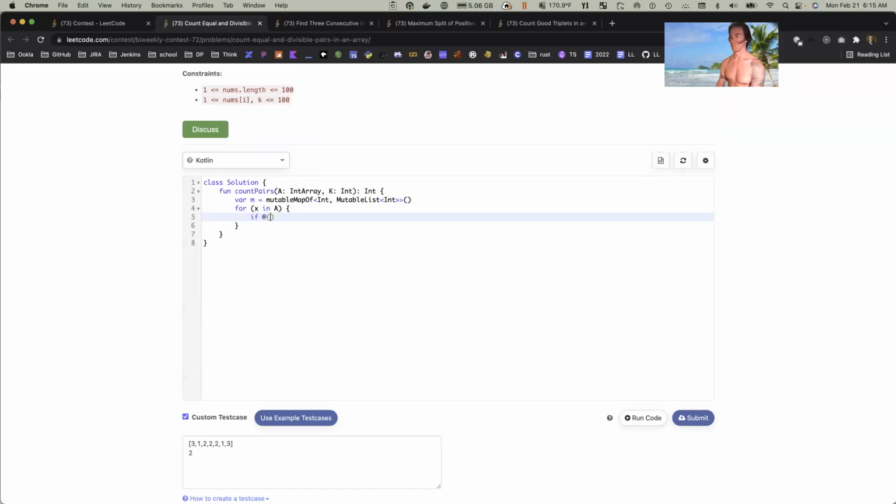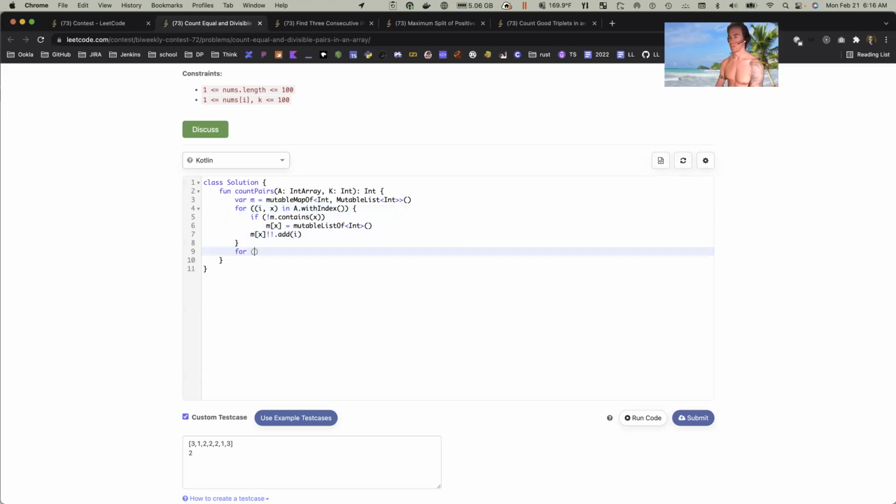If the map does not contain x, then what we'll do is say m sub x equals mutable list of integers. Okie dokie, and then m sub x dot add. We need an i. Okay, hold on. i, x in a dot with index